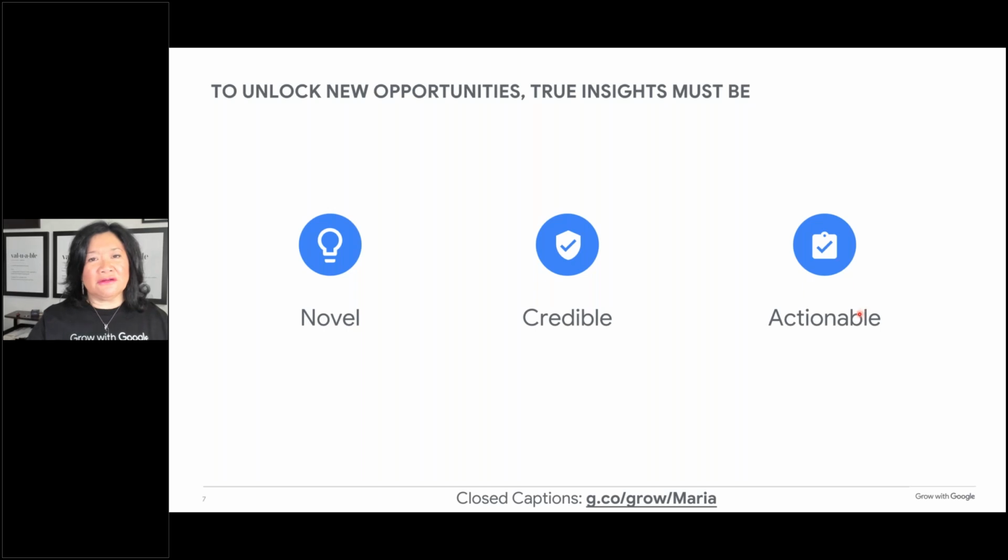And you need to also be able to take action on it. Taking action on it is key, because it's great to know all this info, but it doesn't mean that it's anything you can apply to help you grow your business. Let me teach you my first phrase for the day, which is: knowledge is not power. I do not believe in that phrase. Knowledge is only powerful when it is applied. And the same thing with insights. How can you apply it? Because you can know great factoids and be great at trivia, let's say you're playing a trivia game or Trivial Pursuit,